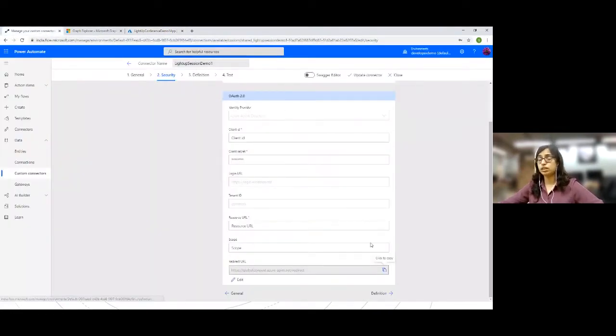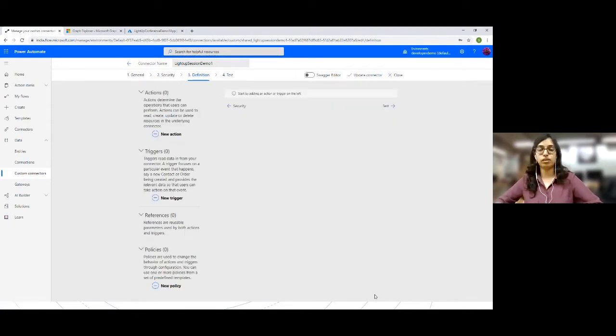So the security details for our custom connector are done with configuring that. Now let's define what our connector will do. We haven't done that. We need to define the purpose of our connector, what this connector will do. We want this connector to query Graph API to get users as per the filter condition provided by the users. We are not using triggers in our custom connector because we want this connector only to get data and return the data from Azure AD.